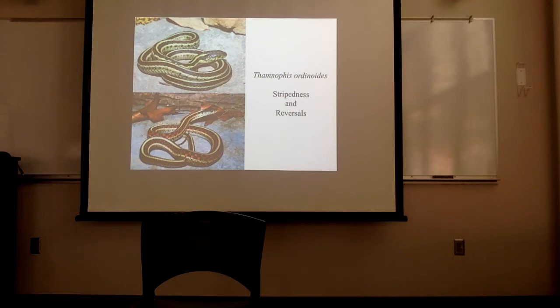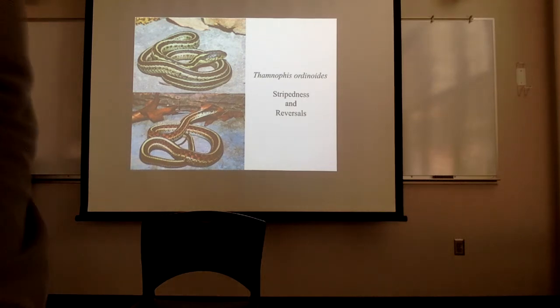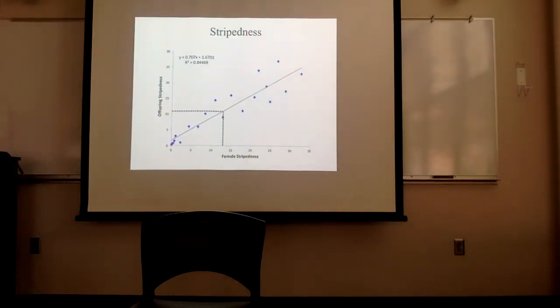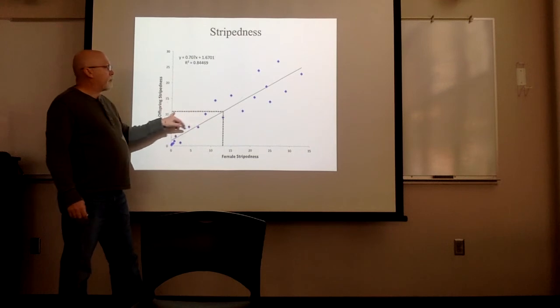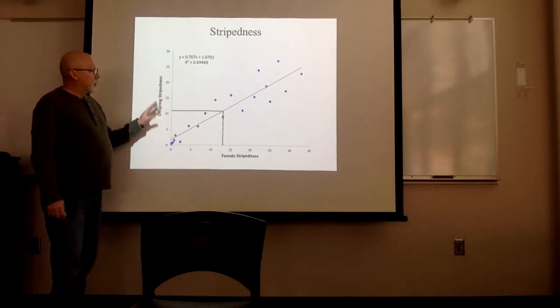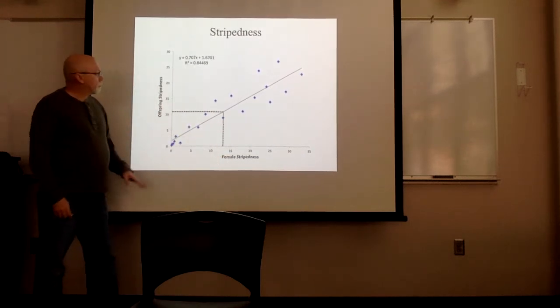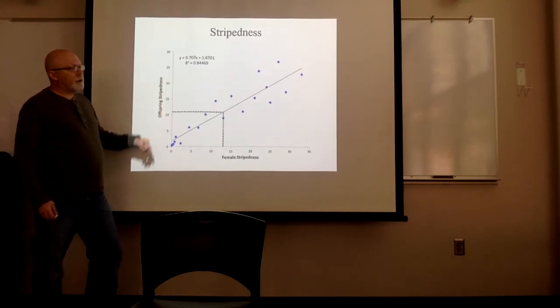And so this required him to think about quantitative genetics in a multivariate way. Now we can think of stripedness and reversals as univariate traits, so we could actually look at stripedness. Let's say that the heritability of stripedness is 0.707. And so if this is the average stripedness of the parent, and this is the average stripedness of the offspring,